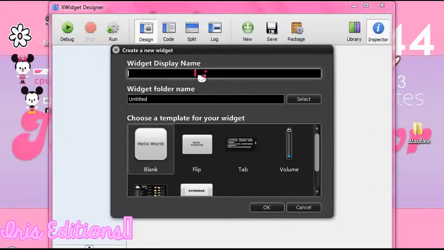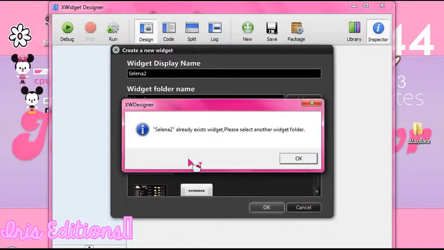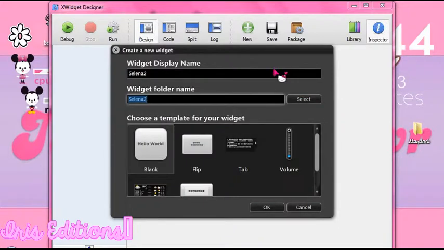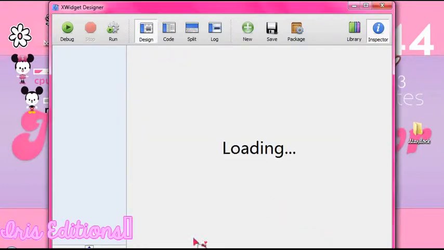And the widget display name. Okay, make it blank. I'm sorry. On the tree. Okay, it loads.